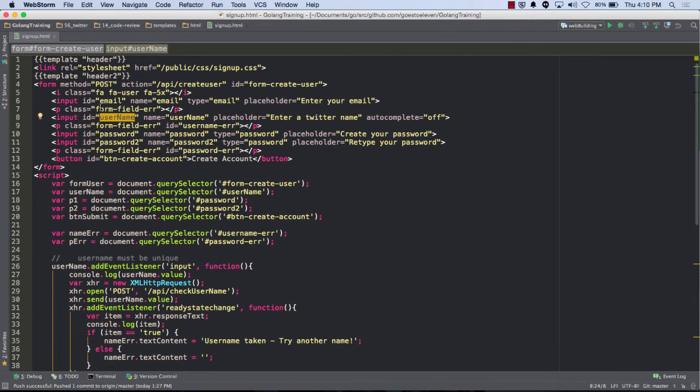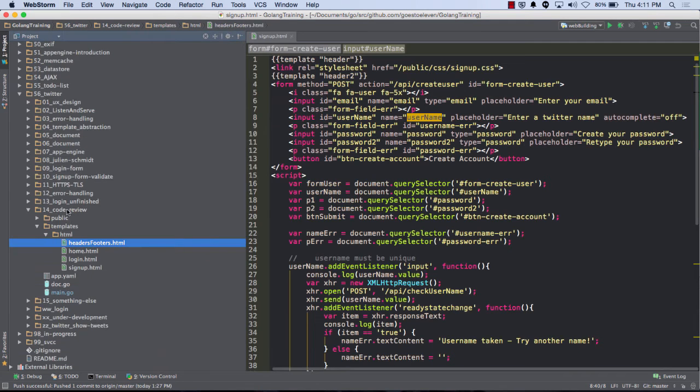JavaScript's going to identify using that name, the ID. When I submit the form, the value will be assigned to that variable, which will be available on the server. And we can see that in the Go code.